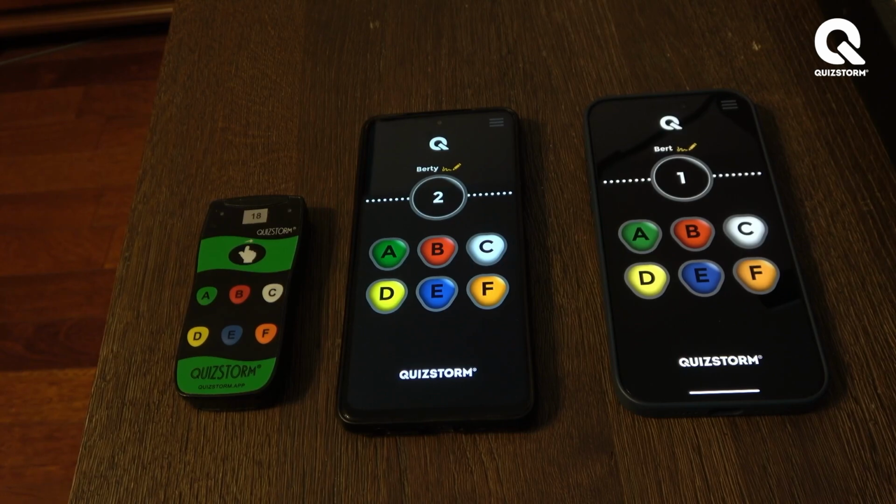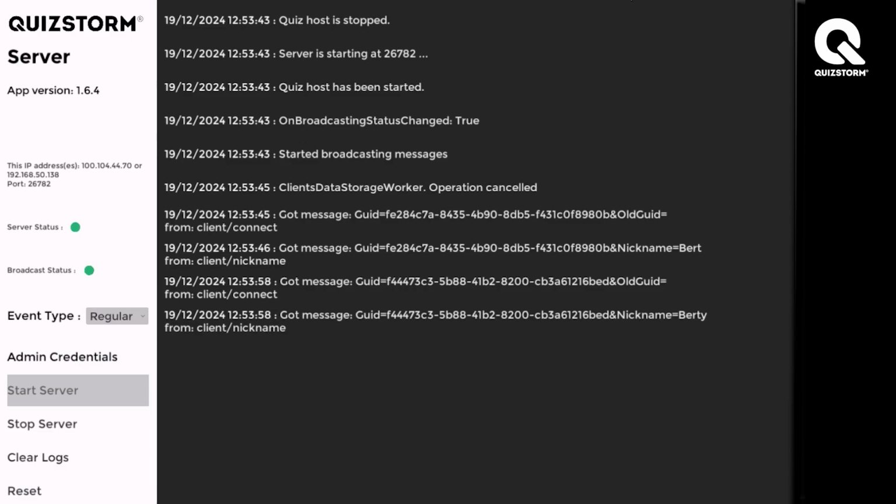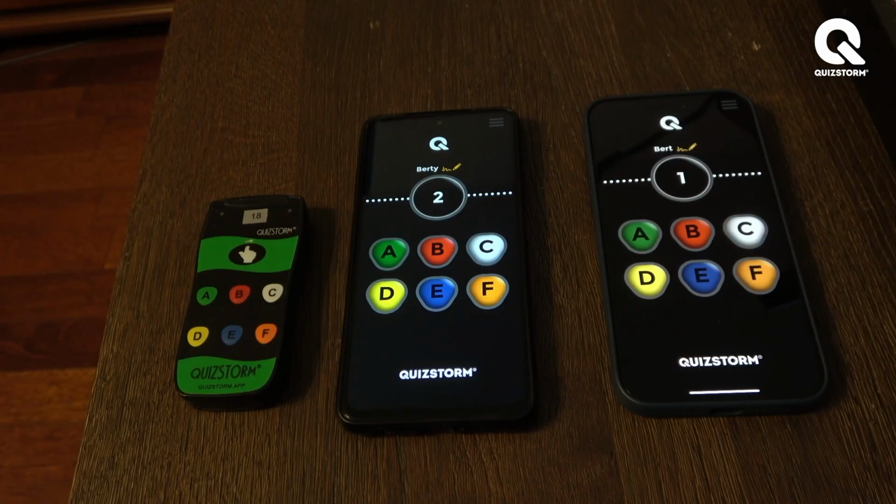If we take a look inside the Quizstorm server, you don't really need to concern yourself too much with all the data that's appearing on the right hand side. The key thing is that the server status has got a green light and the broadcast status has got a green light. So going back to the smart devices, as you'll see, fairly straightforward, 6 buttons, A, B, C, D, E and F. There's a number in the middle, and at the top you'll see there's a place where you